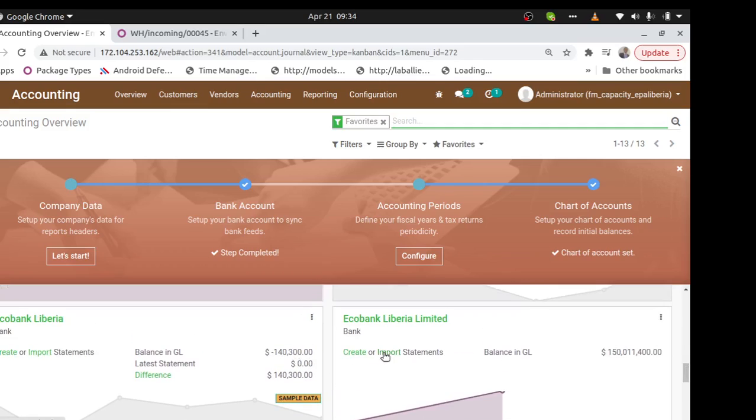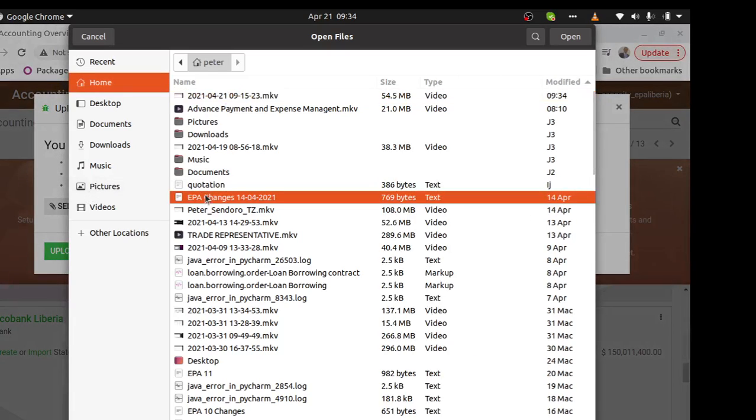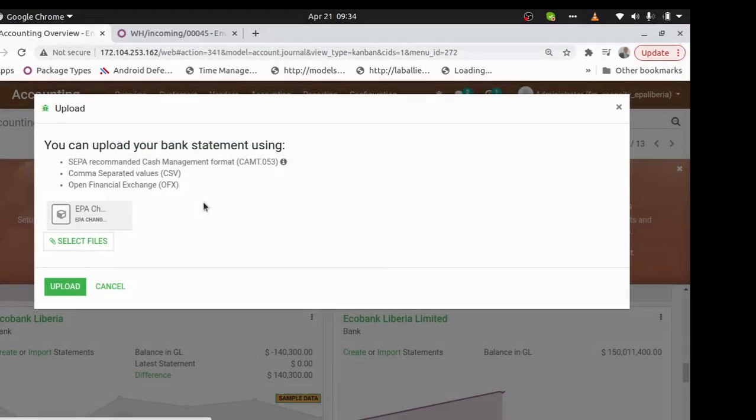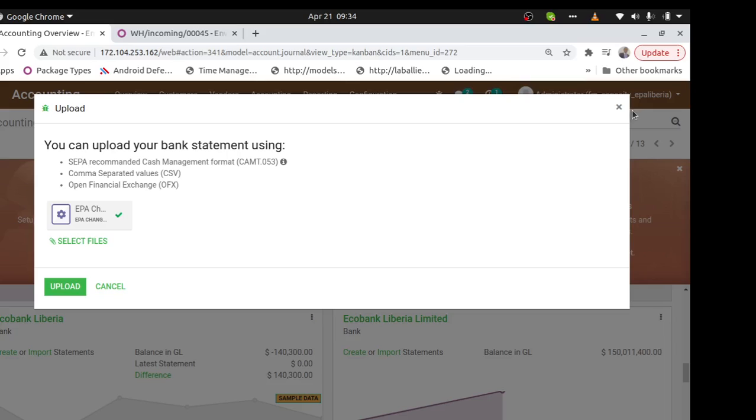So basically what happens is we give you an Excel file, you populate all the bank statements, and then you upload into the system by just importing that Excel file you've given, selecting whatever you have populated, and then uploading. I've not done that one, but we'll show you when we go live how to do it.